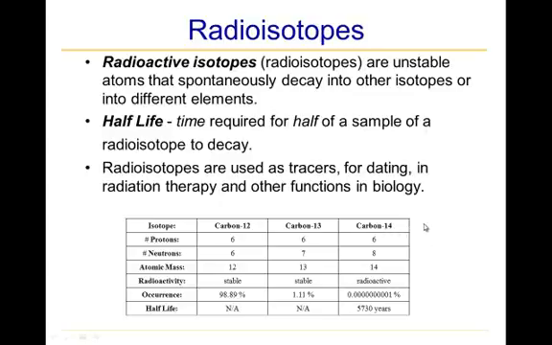Now, the younger that a sample is, the more carbon-14 there will be. And let me see if I can explain why that is. As long as something is alive, it continues to assimilate carbon-12, carbon-13, and carbon-14 in the proportions that are listed here in the occurrence row. But as soon as, say, a tree is cut down, it stops assimilating carbon-12, carbon-13, carbon-14, and the carbon-14 starts to decay. So over time, the amount of carbon-14 will diminish relative to the amount of carbon-12 and carbon-13. And it is this ratio, this comparison of the amount of carbon-12 and 13 compared to carbon-14 that tells us